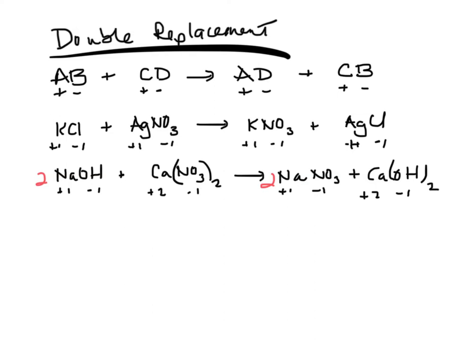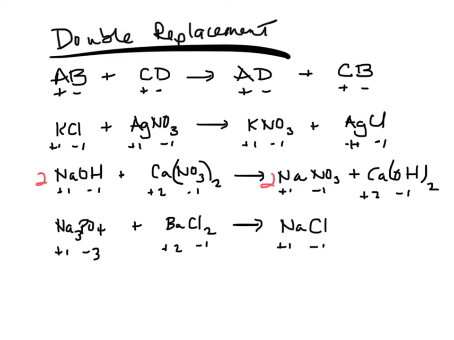Let's go with Na3PO4, combination of +1 sodium ions and -3 phosphate ions, and then barium chloride. Barium is +2, chloride is -1. When these combine, the Na, which is +1, will go with the chloride -1, so that formula is already written correctly. And the Ba, which is +2, will go with the